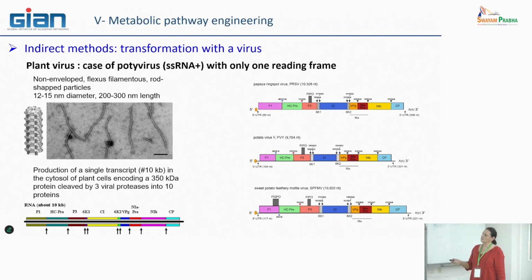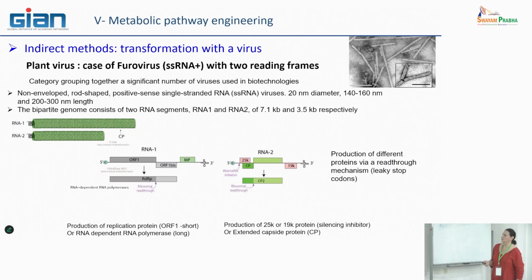And what is interesting, they have only one genome sequence, okay, with all the genes necessary for their movement, replication, and protection. So you always have here the same type of structure of the virus sequence. The only thing that is changing is the size, depending on the type of virus, from here papaya or potato, and also the strength of the different proteins that are produced by this type of virus. They are quite useful for biotechnological systems.